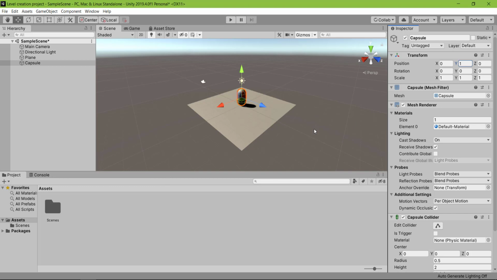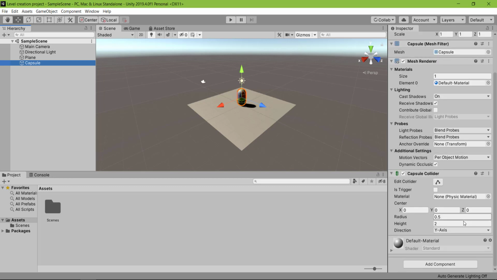Okay, now let's start our work by attaching a character controller to our capsule object. It will define some constraints so that the player object won't fall off the floor or go through walls. So let's select our capsule, and in our inspector we have this add component button.